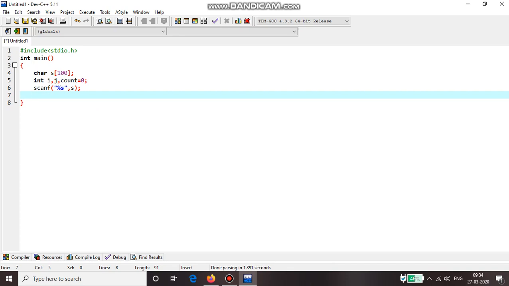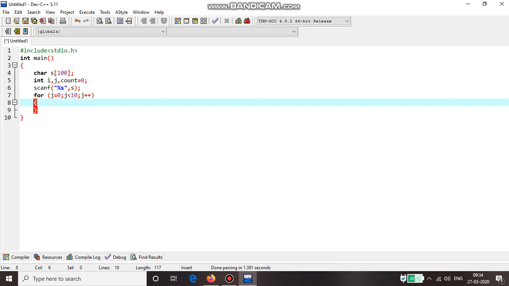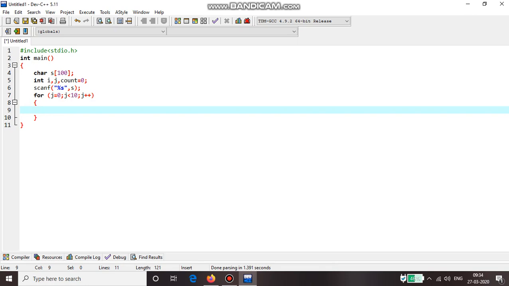Now we have to find the digit frequency from 0 to 9. We should count the digit frequency from 0 to 9. For that purpose I'm going to assign one variable to go from 0 to 9. For j equal to 0, j less than or equal to 10, or j less than or equal to 9, no problem. It will terminate at j equal to 10, j plus plus. And here another for loop, for i equal to 0, and next s of i